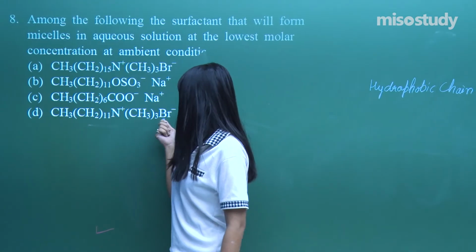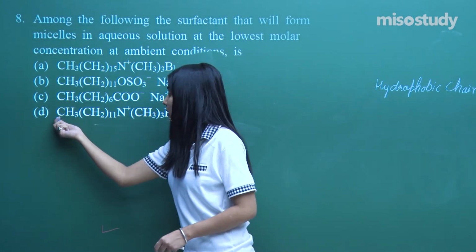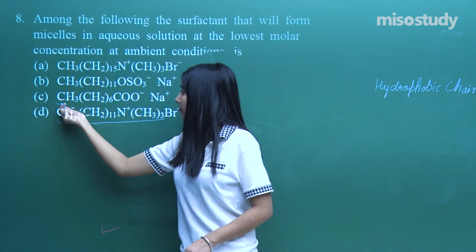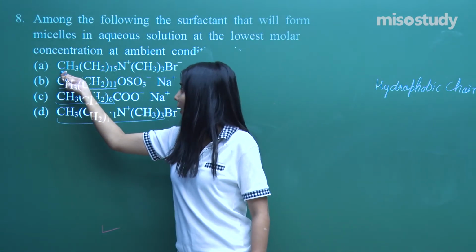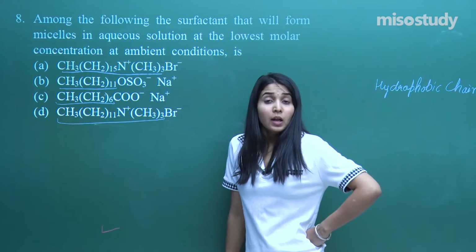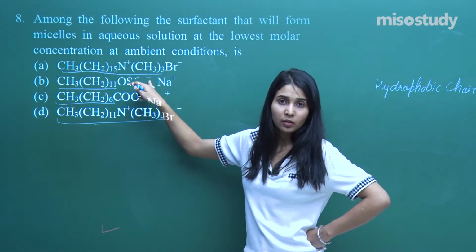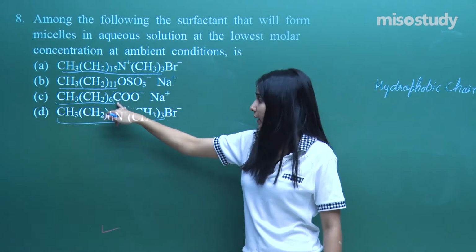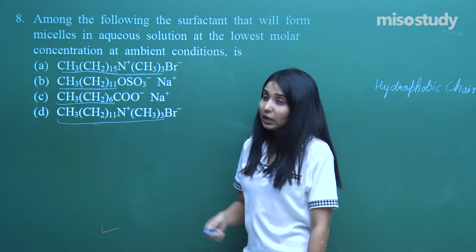And you know this thing that since the bromide ion doesn't exist in my system, I have to discuss till this part, right? Into this one if I say till this part, here I have to do CH2 11, and into this one of course till here. Now what do I see? I can simply see the first one, 15 into 2 is 30, 33 and 9, what would that be? 42. Comparing to that one, of course this seems to be very low, again very low, can compare it with this one, but again 11 into 2 is 22, less than what we have calculated in the first part.